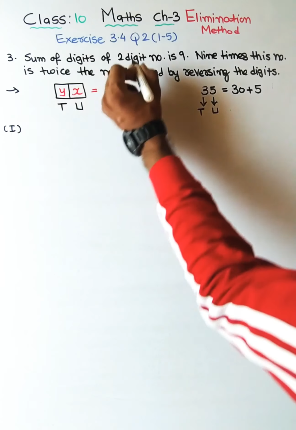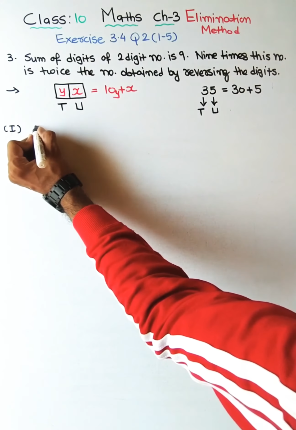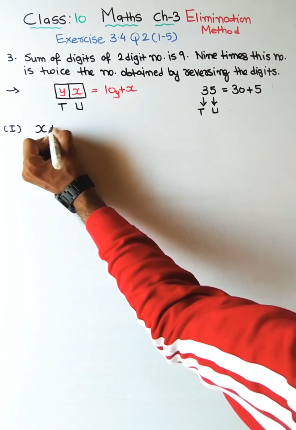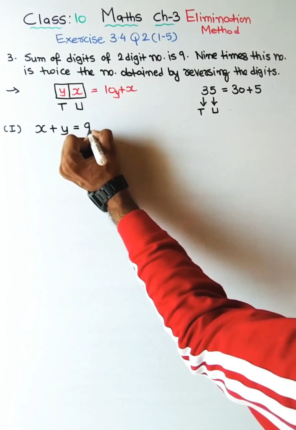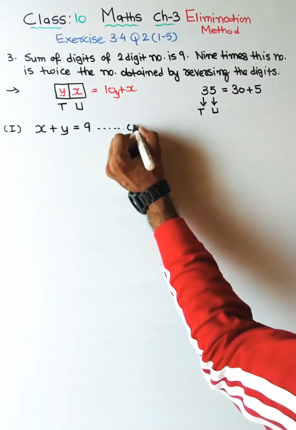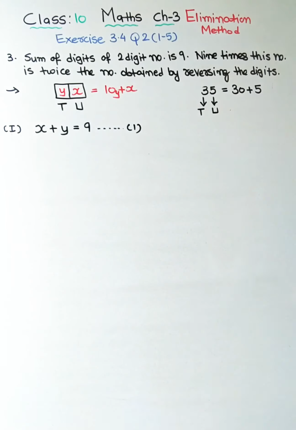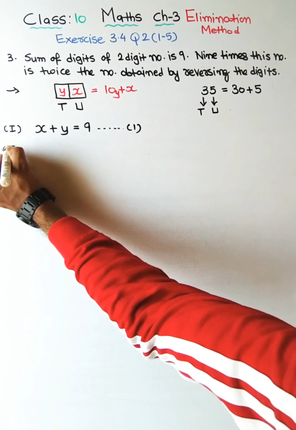First of all, the first equation will be very easy. That means sum of digits. So it will be x plus y equals 9. This is nothing but equation number 1, the sum of digits. Going for the second one,